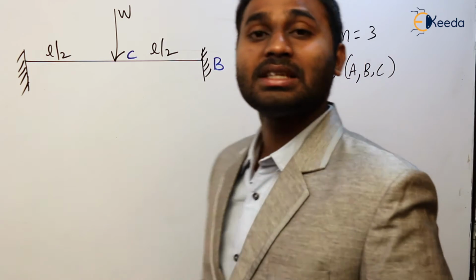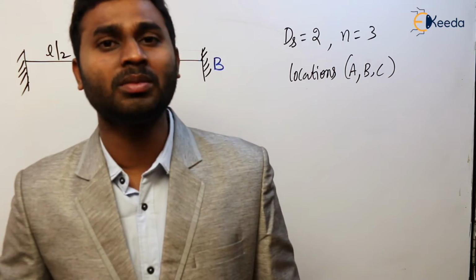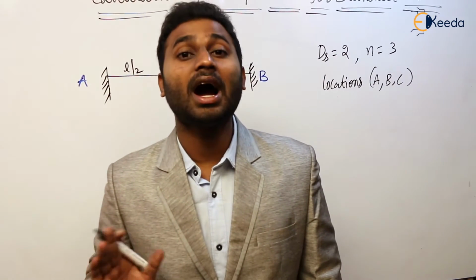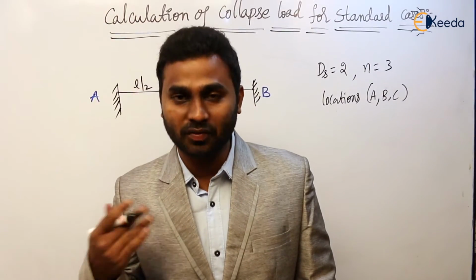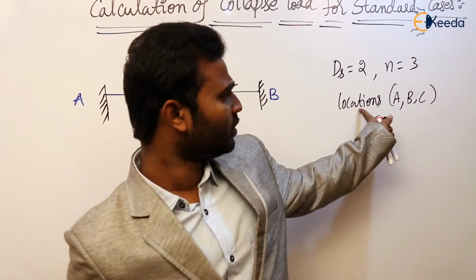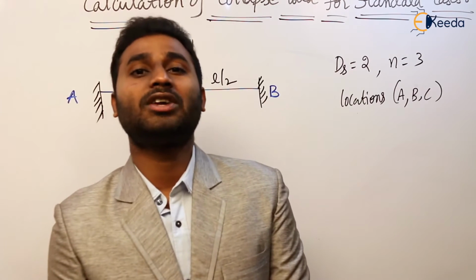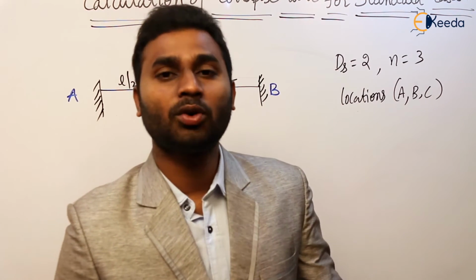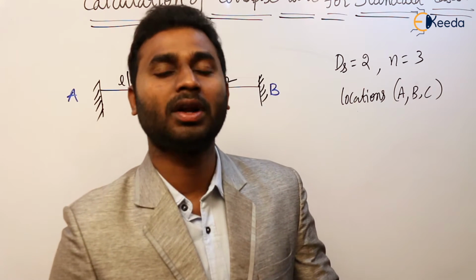So now, as here more than one plastic hinge is required for the formation of the mechanism, we have to see the sequence, or you can say the order, of the formation of the plastic hinges. So where the plastic hinges will form first and where the plastic hinge will form next. Agree? So we know that at A, B, C the plastic hinges will form. But whether that formation is sequential or simultaneous, we have to decide. It means whether they are going to form at the same time or in a sequential order, one by one. Let us see that.